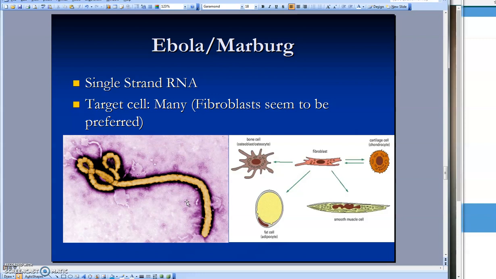What's unusual about this and what makes it so deadly is the target cell. I read somewhere recently that there's only one or two particular immune cells that the Ebola virus can't infect. So mainly it can infect so many different types of cells. It has the ability to get inside and reproduce and destroy those cells. These fibroblasts seem to be its preferred cell, as this diagram is trying to show you. I found it goes to a lot of different cell types, a lot of connective tissue, and that's what can lead to some of the problems associated with the bleeding part.